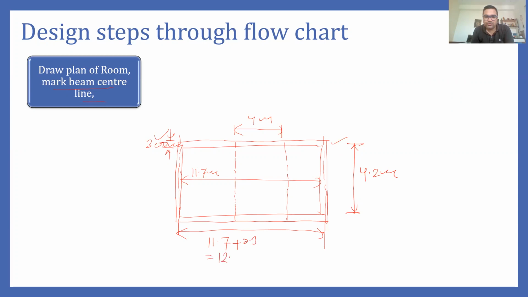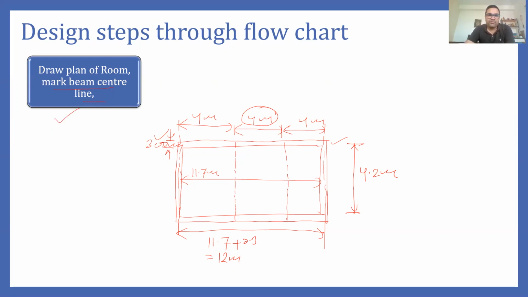So ultimately it becomes 12 meter. Therefore if this is 4 meter, this will be 4 meter, and this will also be 4 meters. So this is how we can justify that the beams are equally spaced with each other. So that is our first step that we are going to follow here.